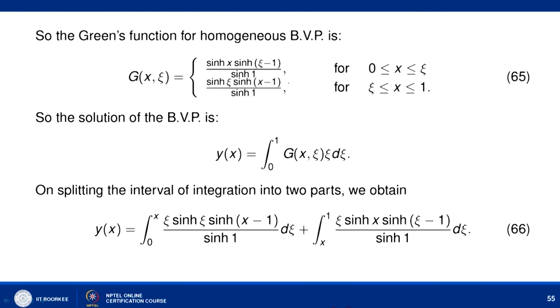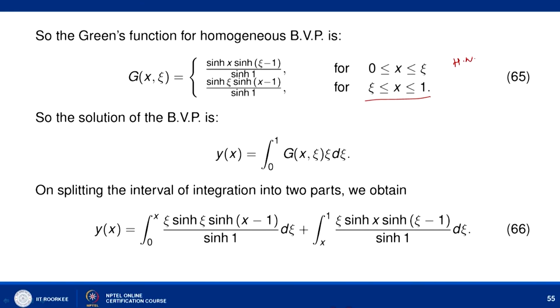I am leaving it to you to find out that G(x, xi) is equal to sinh x sinh(xi minus 1) divided by sinh 1 when x is lying between 0 to xi, and sinh xi sinh(x minus 1) divided by sinh 1 when x is lying between xi to 1. This I am leaving as homework, and you can see that this is a symmetric Green function,